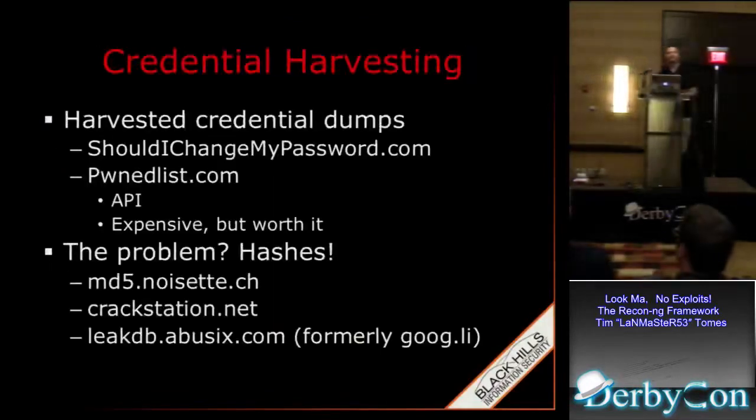The last thing I do, once I've harvested hosts and I've harvested contacts, is I want to try to find credentials. Okay? So the credential thing is fun or interesting. We talked about how some companies have made their entire business out of harvesting these dumps, right? Well, we've got a couple of companies that do that. Should I change my password.com is one, and then owned list is the other. Should I change my password.com does not store credentials, whether hashed or clear text. Owned list does. Owned list stores that information and makes it available to us via their API, but it